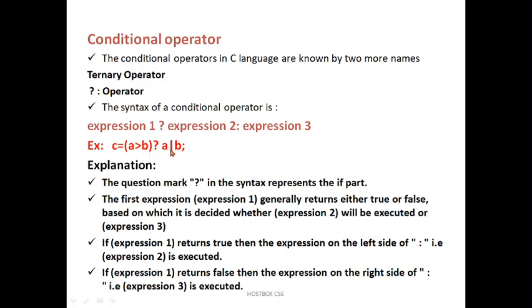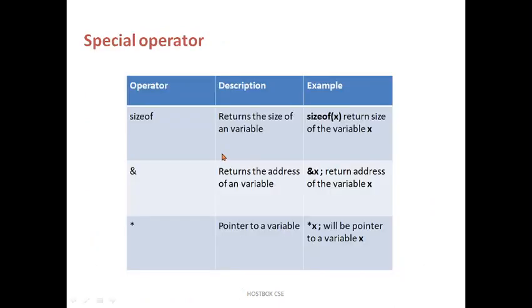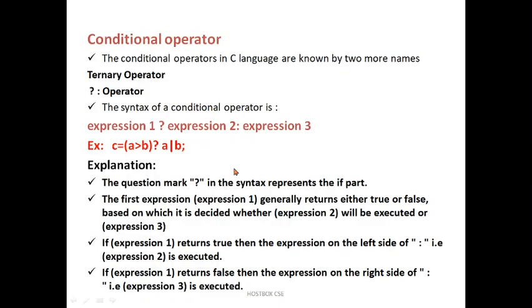So what is this pipe symbol? It's not showing properly here. Pipe symbol, so a dash will come in your computer, you can check it. So here, what is expression 1, expression 2? It will go and check. First it will check whether A greater than B or not. If A greater than B, it goes and prints the A value, that's true. If not, it gives the chance to B. Then B will be printed.